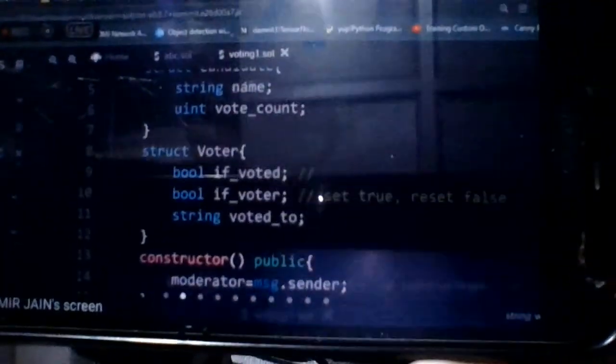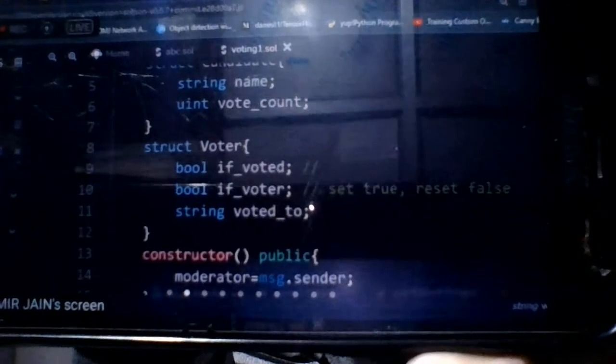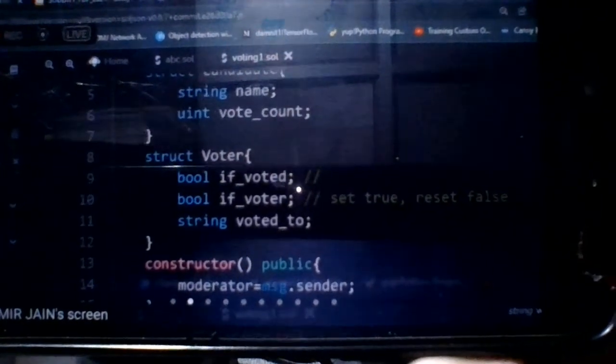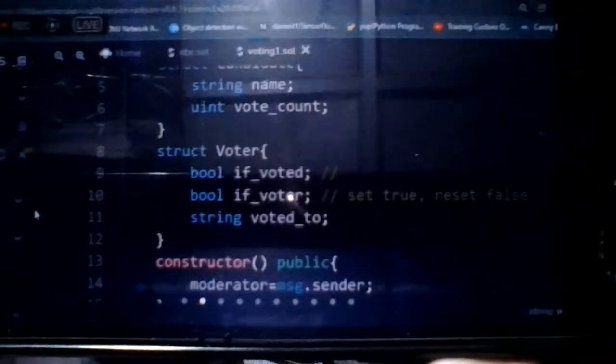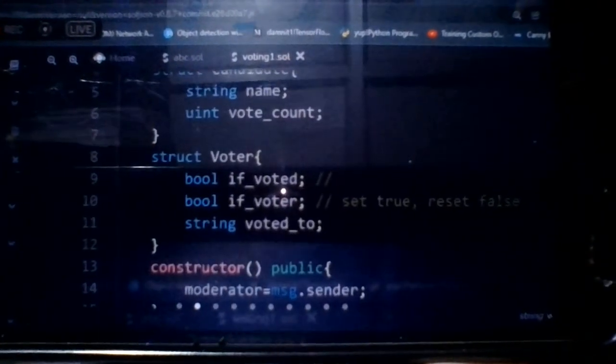Now, first what we have to do, we have to add some candidates. Okay. So I am adding some candidates. So add candidate. So first is ITDMJ. So we have added the candidate. Yes. Because this is the function add candidate, you can see over here there was a new transaction.